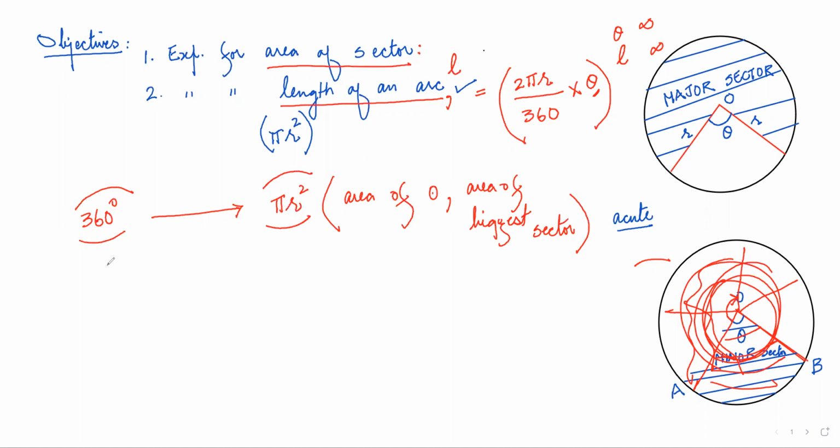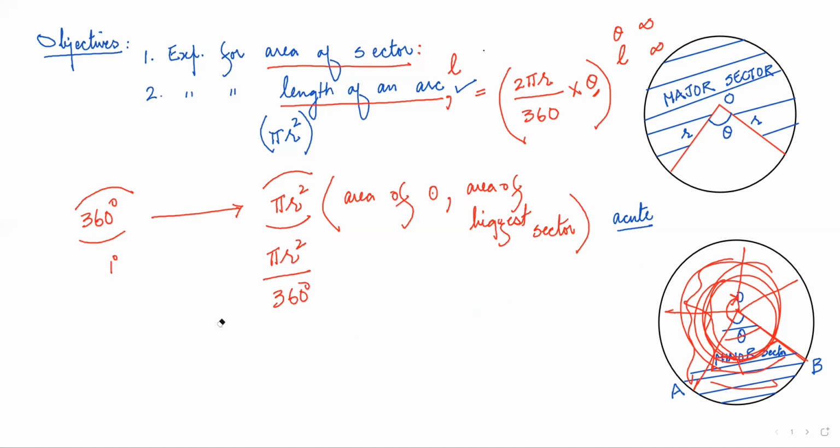Wow. Now can anyone tell the next step? When the angle is 1 degree, a small angle, this small angle, so a small sector, then what is the area of this sector? It will be pi r square by 360 degree. Am I right, students? Any doubt?